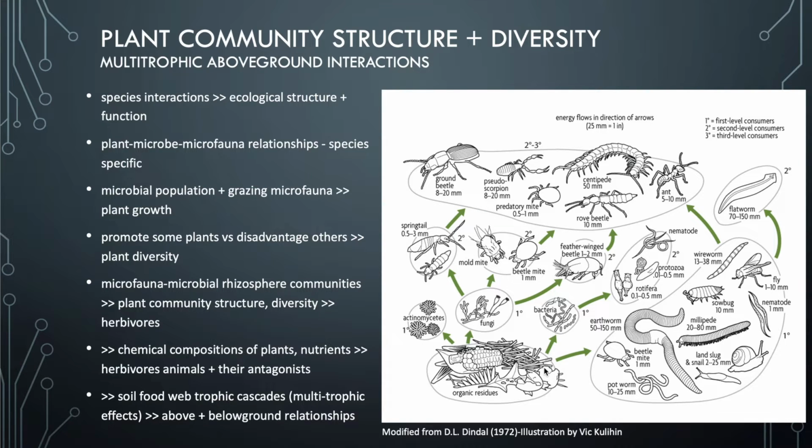And this is a very incomplete soil food web diagram, but it shows the key players within the soil ecosystem. Of course, there are way more interactions than this shows. We've got our organic residues, the different bacteria and fungi that feed on those residues. And then we've got protozoa and the multicellular organisms that feed on protozoa and bacteria and fungi. And they are lumped together here as the microfauna based on their size.